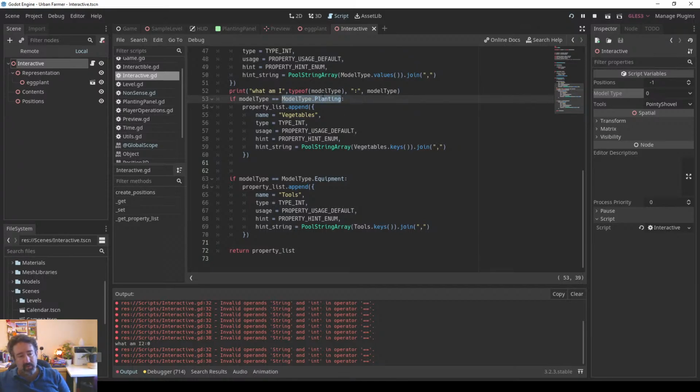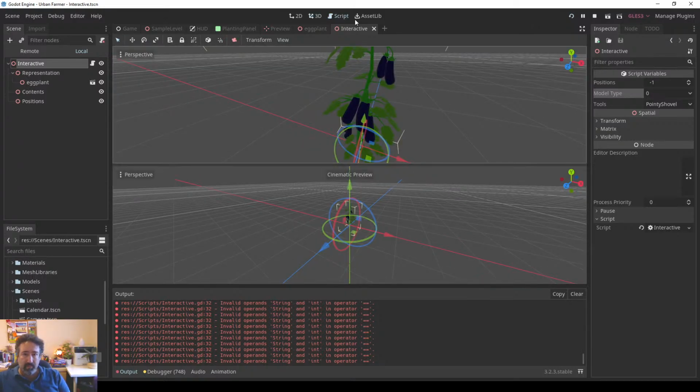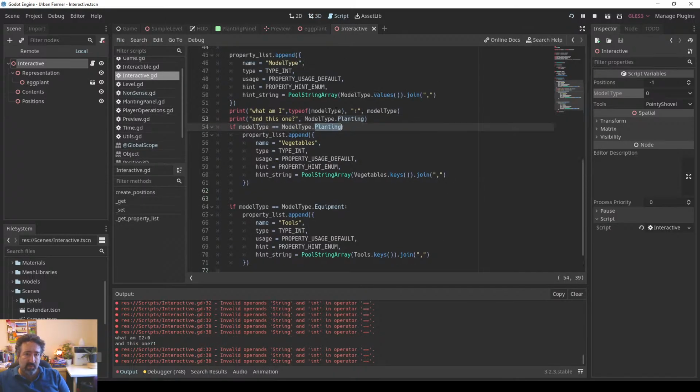Type of model type is, but what is this one? What is this? That is 1. This is the second